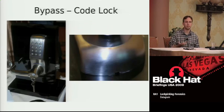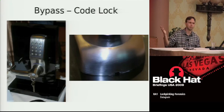Some of you may have been at the Black Hat training for lockpicking, physical security, beginner to expert. We had this code lock, and there's a vulnerability that's kind of known privately, that there's a bypass for this. Babak, I should give credit, has had this lock for years, and he knew there was a bypass, but he never figured it out. So he sat down, I believe it was Monday night, and they bought a